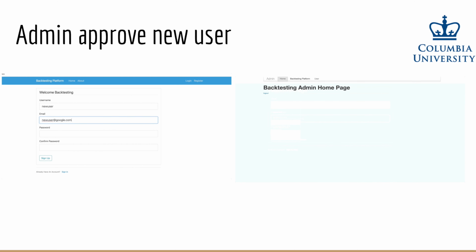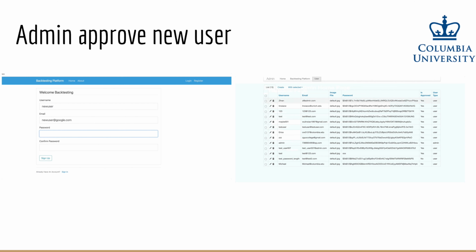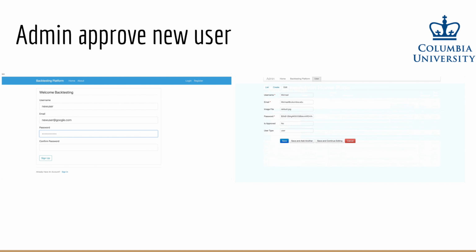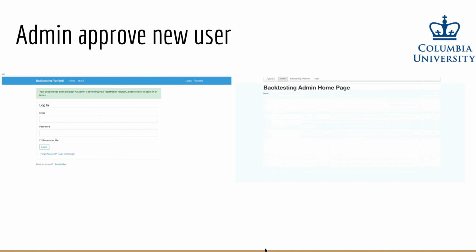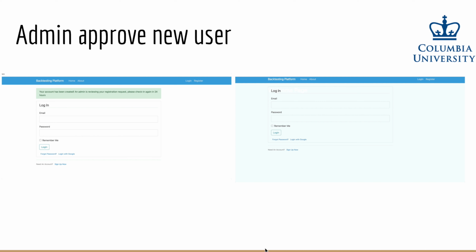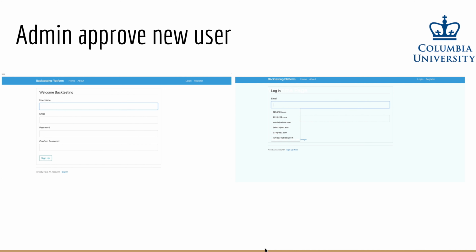To achieve this, we created a role-based model such that every user has a role attached to it. On the left screen, a new user is trying to sign up to use our application. On the right side of the screen, an admin logs in and then approves the user's access request. This added layer of security allows us to be in total control of who can access our application,